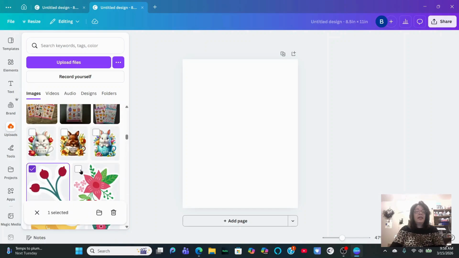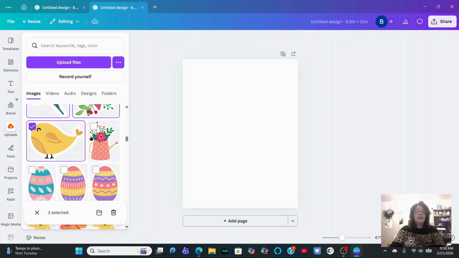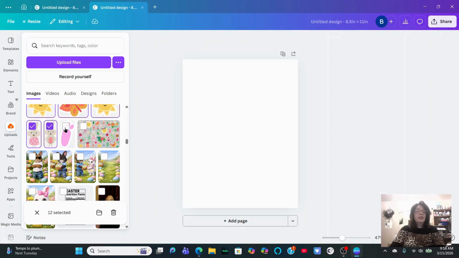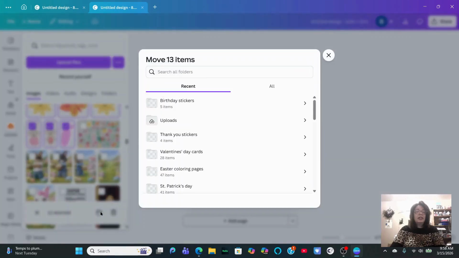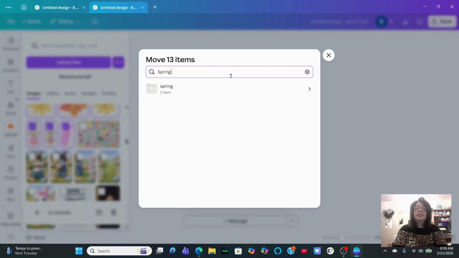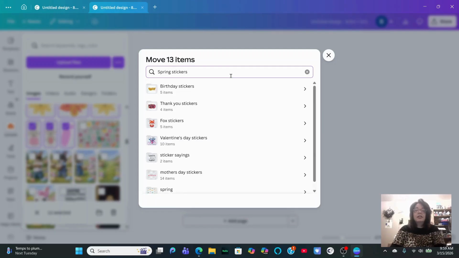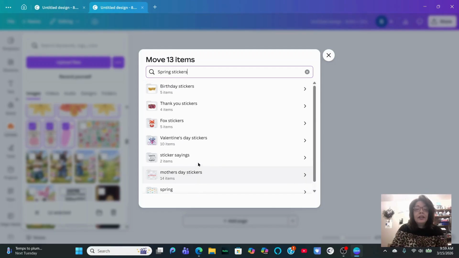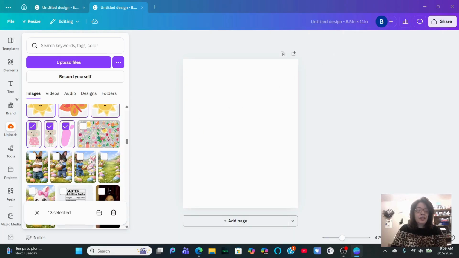So let's try this. We're going to click on this. And as you see at the bottom, it's saying 4 selected, 5 selected. You're going to click on those. And we're just going to click on these, and we're going to click move. And we're going to type in spring stickers. Now there is no folder. There is one that says spring, but nothing that says spring stickers. So we are going to